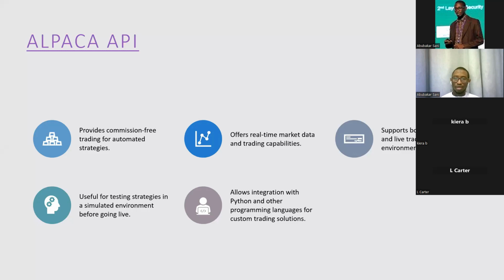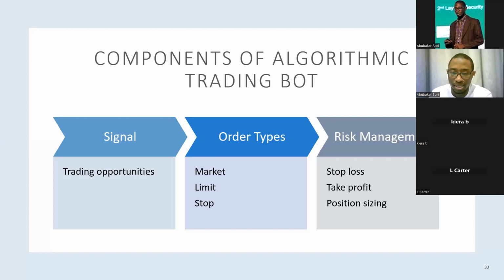Alpaca API. So Alpaca is a brokerage account. It allows you to create an account that gives you access to the real financial market. Because we don't want to just build our codes in our local computer. We want to deploy these codes. So Alpaca provides an API, which is a bridge that can be established between our code and our Alpaca brokerage account. We will see how to use this in the coming slides.